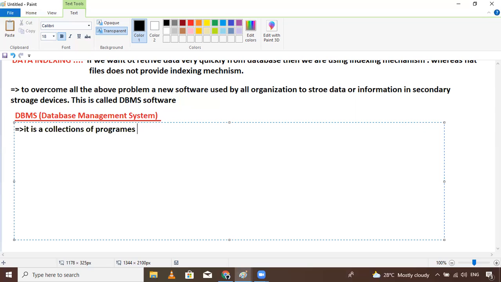A collection of programs is called software. That means software